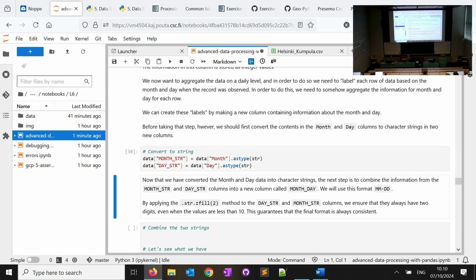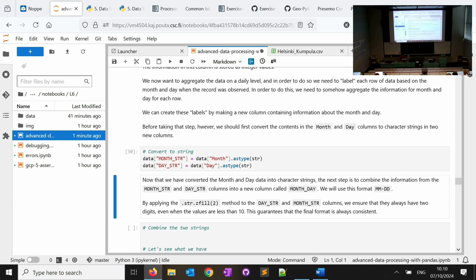If we run this, it should create two new columns with these new names. It will be the same value as what we had in month and day, except that it's a string now. If you don't trust me, you can just write data.head and see if it has worked well.